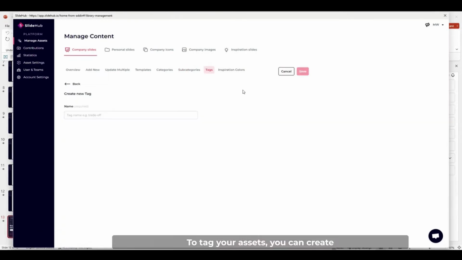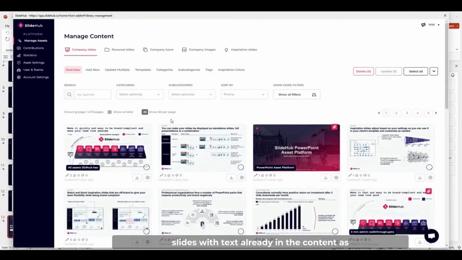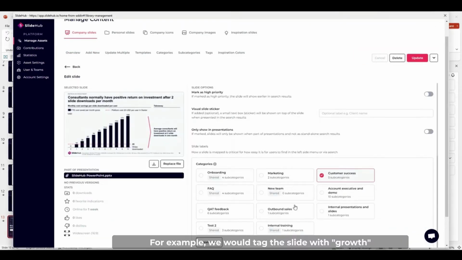To tag your assets, you can create new or select from existing tags. Creating a new tag is really simple. Simply choose keywords that you'd use to find your slides. Please note, you do not need to tag slides with text already in the content as it is already indexed for searching. For example, we would tag the slide as growth,